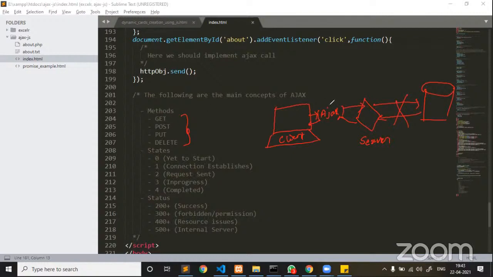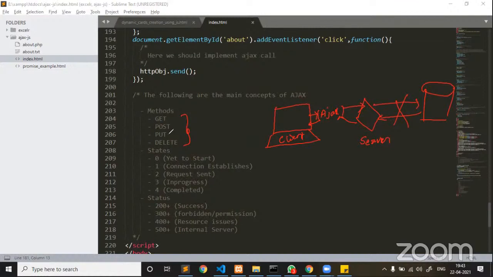Get method. Get method is only for pulling data from a server. If you are planning to pull data from a server, then get is the one, because the get says get the data. Post, if you are pushing the data into server, that is what you are going to use post. Post requests always push the data from client side to a server. Get request is always to collect the data from a server to update into client.